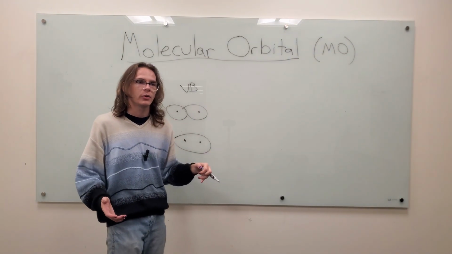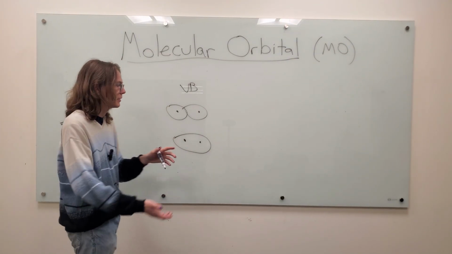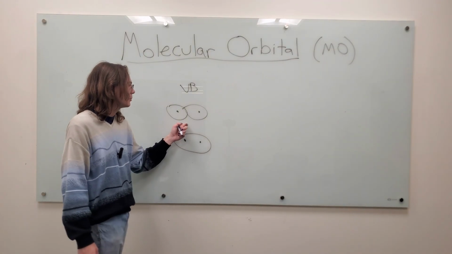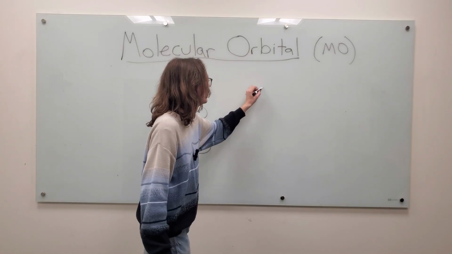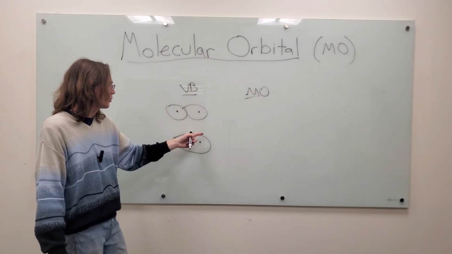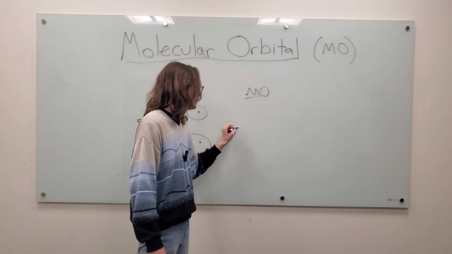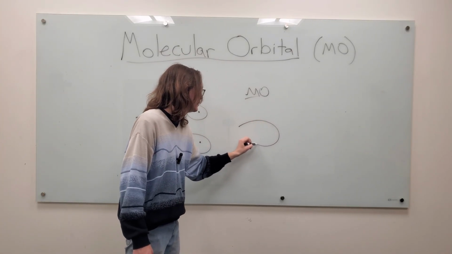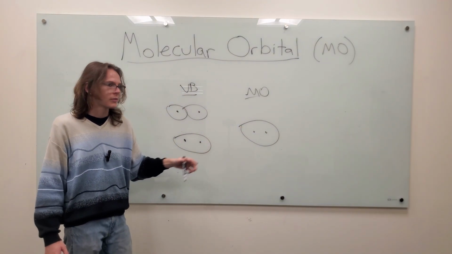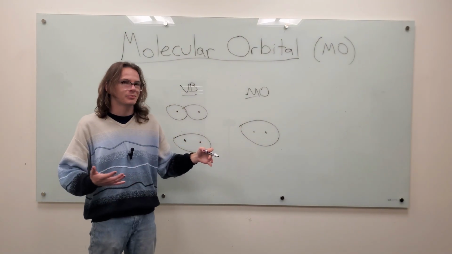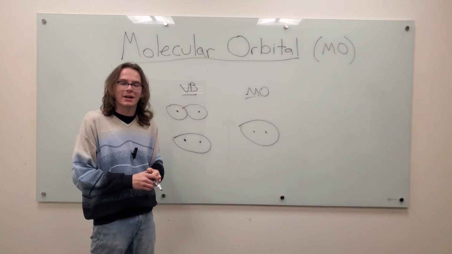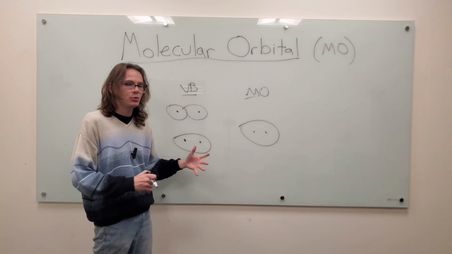Molecular orbital theory in the case of hydrogen predicts something very similar, although it's not the exact same shape. We get the combination of these two orbitals, and we'll get another elongated but slightly rounder molecular orbital. So again, they look similar, and for these purposes, they might as well be the same,